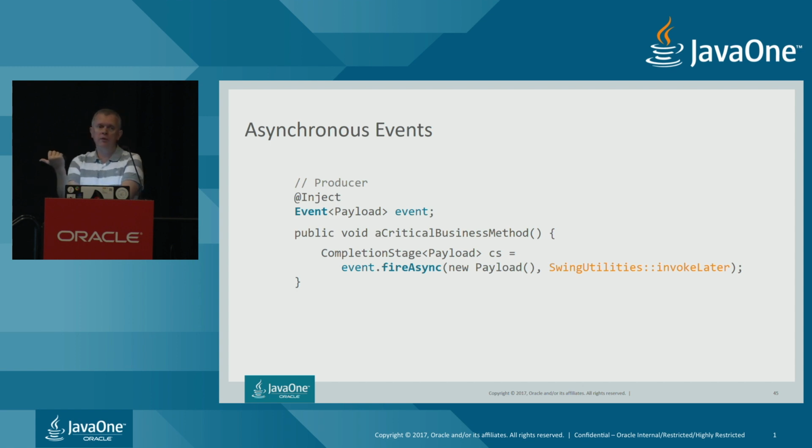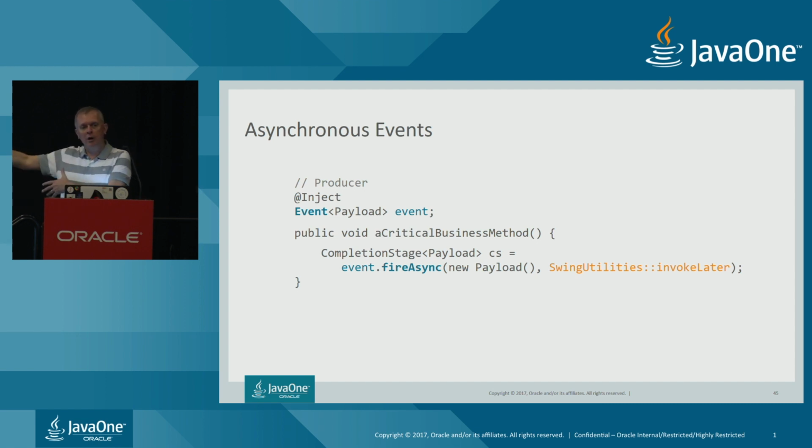And this is especially useful in the CDI world, where, for instance, you have a system that is going to fire an event, and this event is supposed to update some kind of Swing panel or JavaFX panel, or if you're in the Android space, some kind of human interface panel. And you know that in order to update this kind of graphical user interface component properly, you need to execute that code in a special thread, in a special executor. So you can pass an executor as a parameter here, and this is really mandatory when you want to do that.